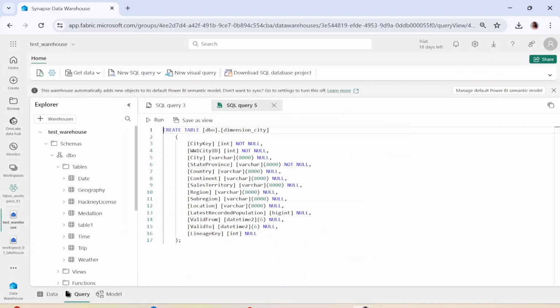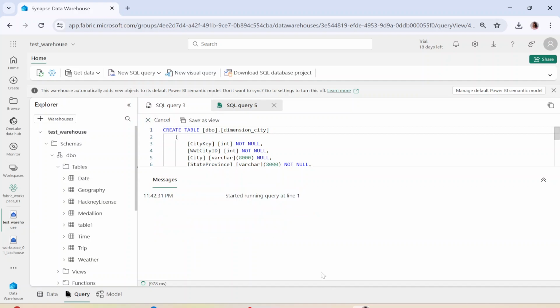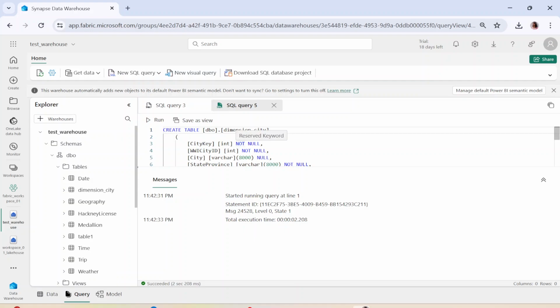So basically what has happened here is even the Boolean data type was not acceptable in this particular statement. So you have to be very careful, because varchar, integer, datetime is supported, but Boolean is not supported, and at the same time primary key is also not supported. So hence now after removing all of this, and if I run this, now you can see my table dimension city would be created. So this is how you can create, and it automatically got refreshed. You got the table over here with all the columns, right?